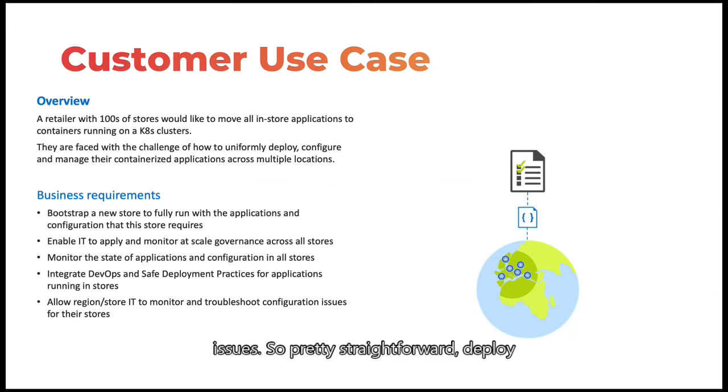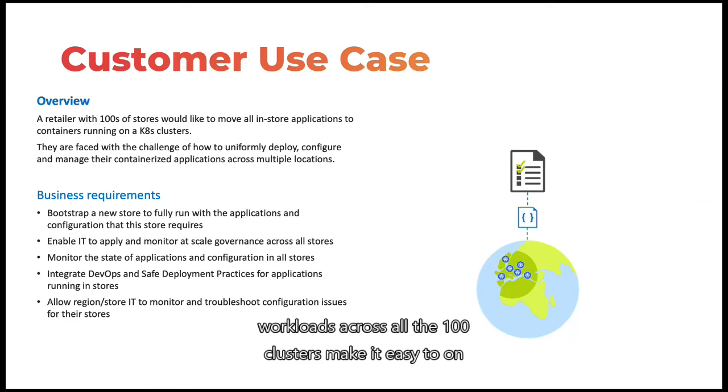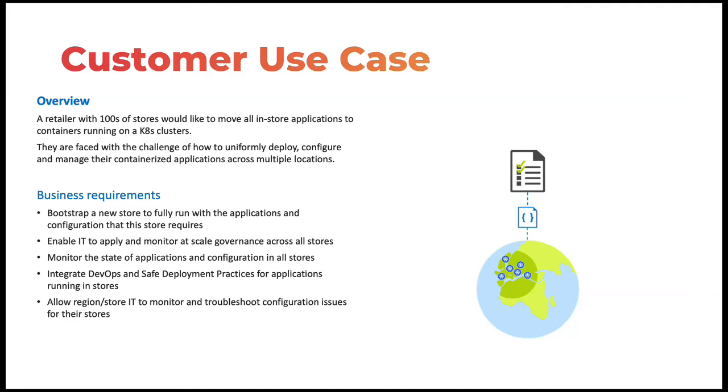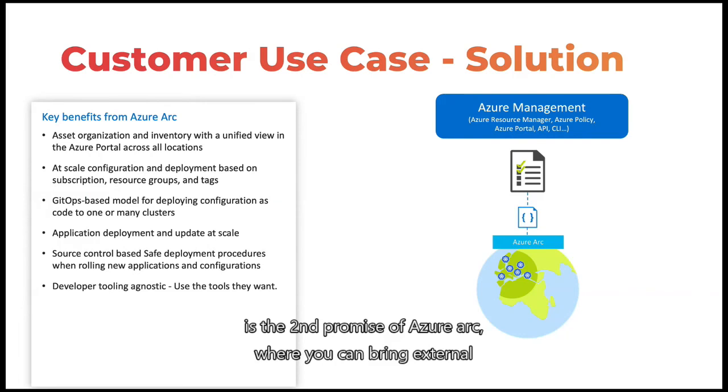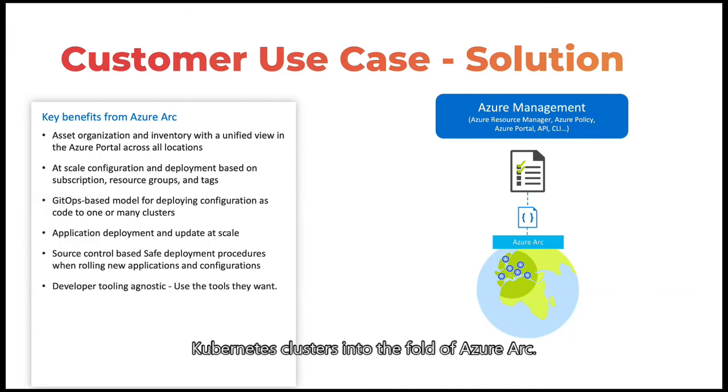So pretty straightforward. Deploy workloads across all the 100 clusters, make it easy to onboard new clusters, maintain consistent standard compliance and policies across all the clusters, bring centralized observability, and reduce the time it takes to debug issues. So how can this be handled? Well, that is the second promise of Azure Arc, where you can bring external Kubernetes clusters into the fold of Azure Arc. So once customers bring in